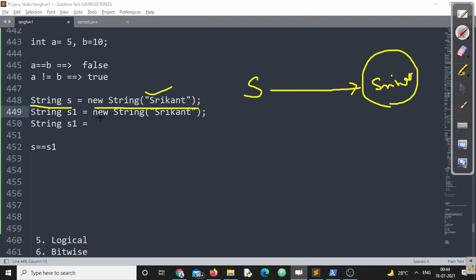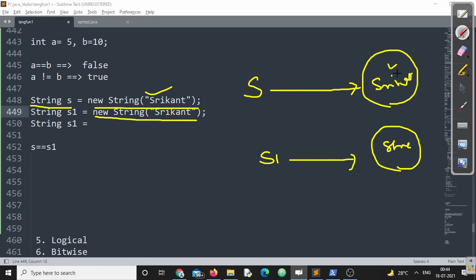Now, in the second step, whenever again creating one more object Srikanth, one more space is reserved, and the content of that object is Srikanth. And S1 is referring to that Srikanth. Now, the question is, the content of S and S1, content of first object and second object are same. But the question is, are they referring to the same memory location?